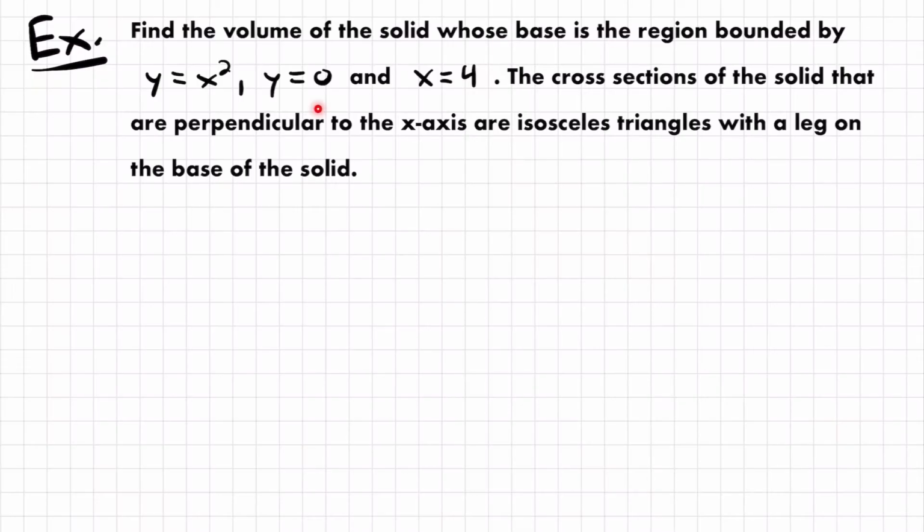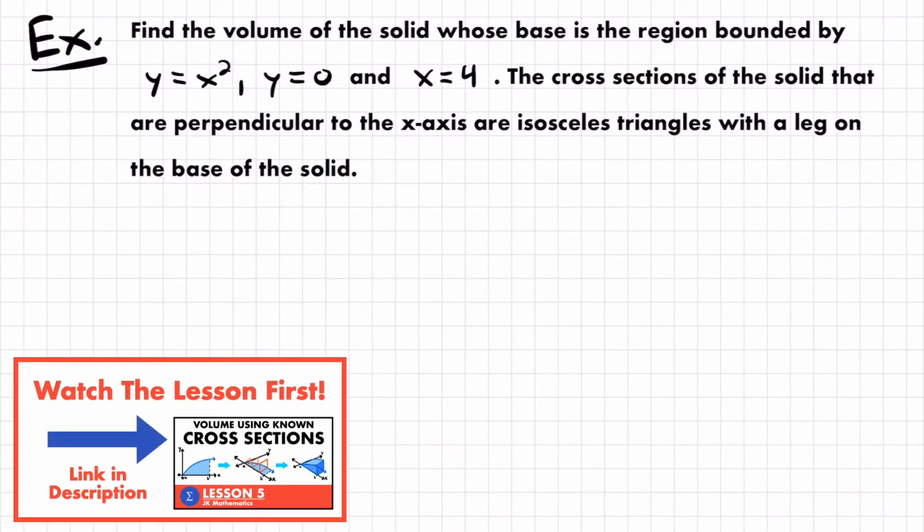All right, so here's our first example. We want to find the volume of the solid whose base is the region bounded by y equals x squared, y equals 0, and x equals 4. The cross-sections of the solid that are perpendicular to the x-axis are isosceles triangles with a leg on the base of the solid. All right, and so the first thing that we should do here is draw a graph